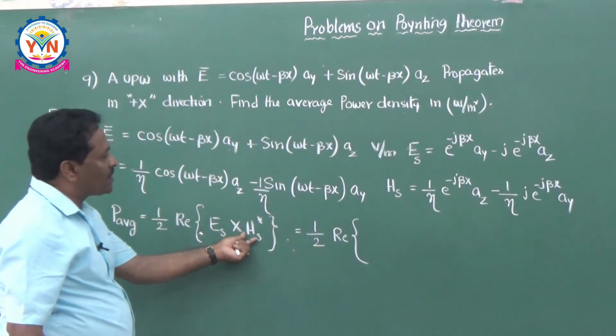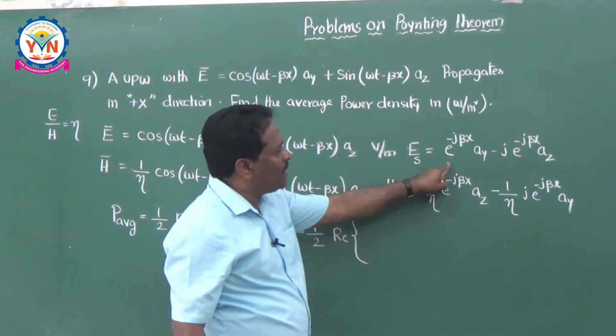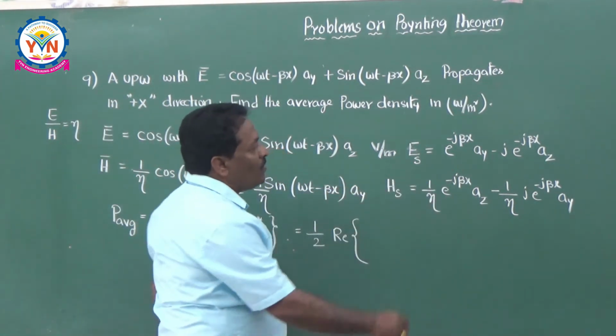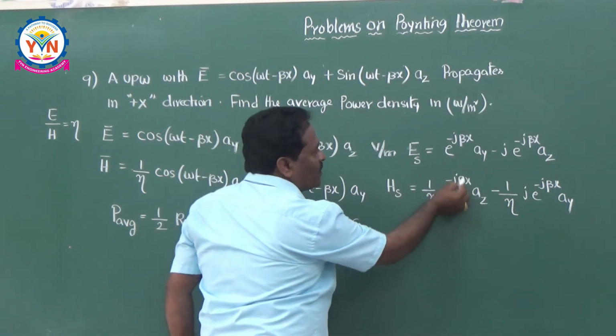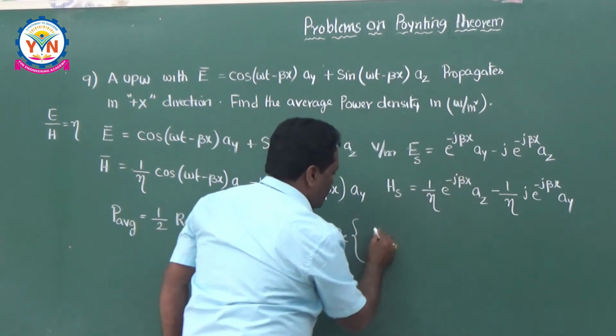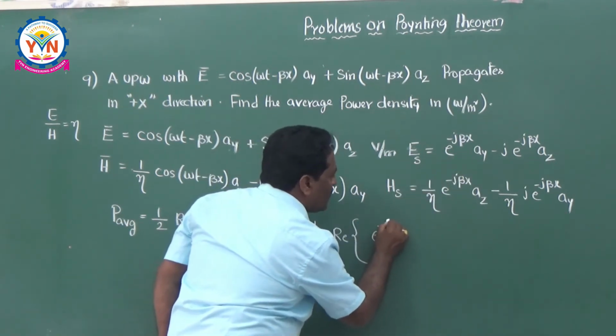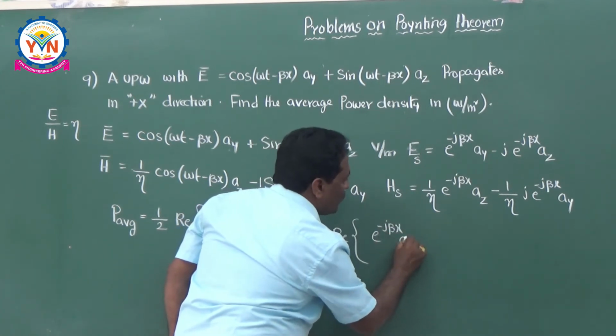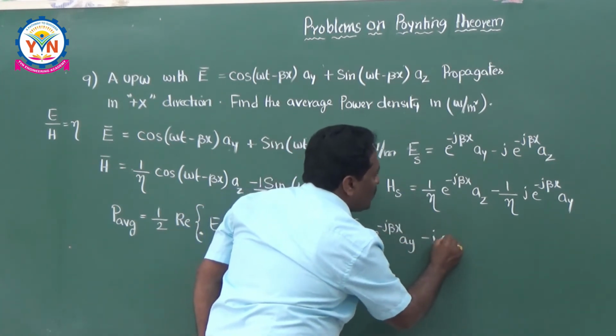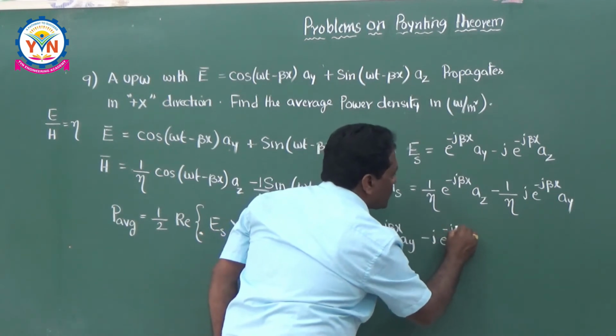So this is ES and this is HS. Now if you take the conjugate, you get e to the power of minus j beta x into ay minus j into e to the power of minus j beta x into az,